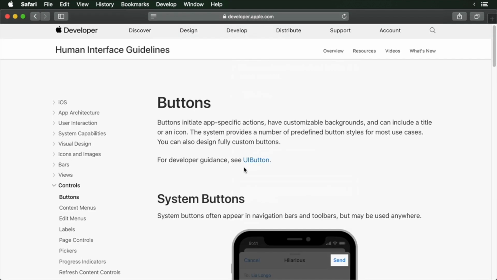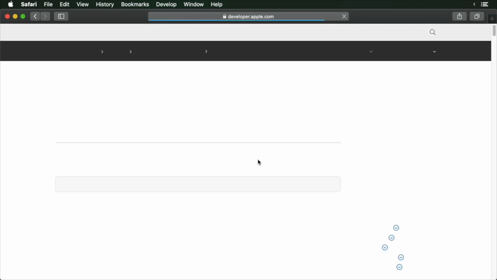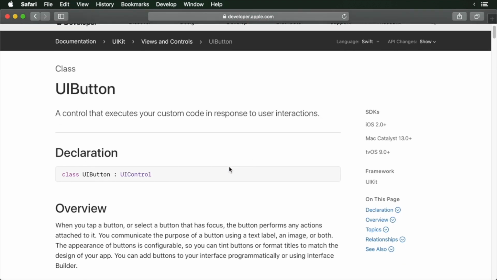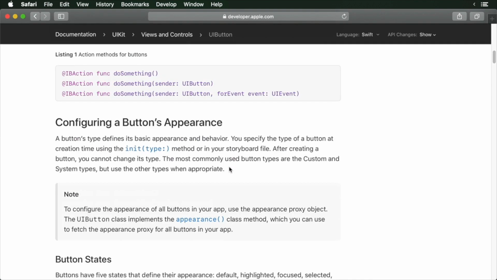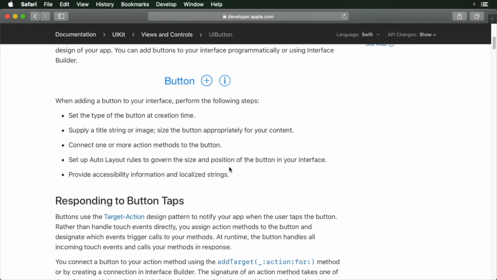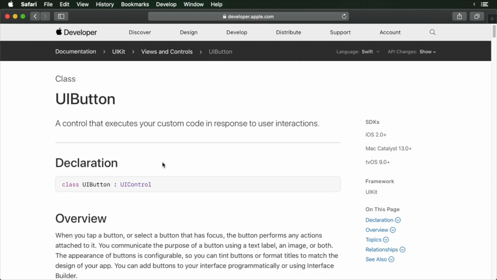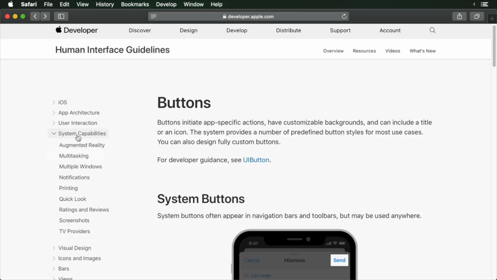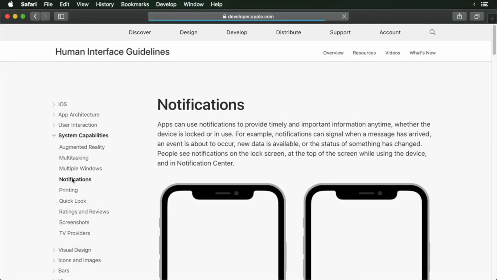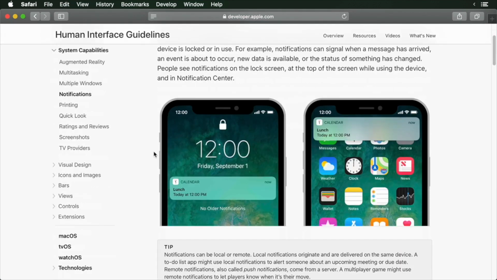In this case, the HIG also points to documentation, which provides even more information about buttons. This goes deeper into the mechanics of a button. As you can see, Apple developers have put in a lot of work thinking about button behaviors. The HIG doesn't just cover controls. For instance, if you open System Capabilities and select Notifications, you'll find an excellent guide on how to design an